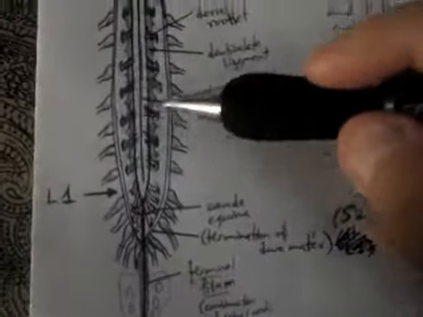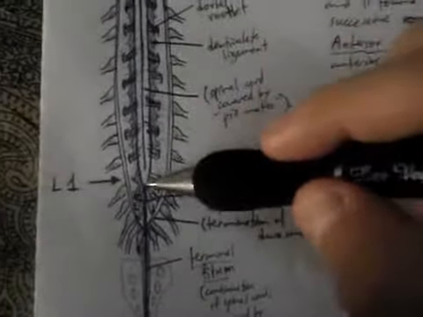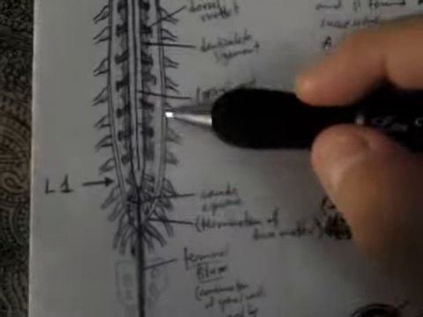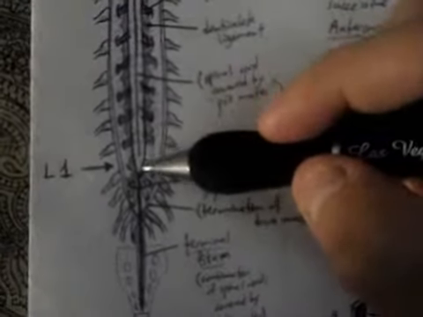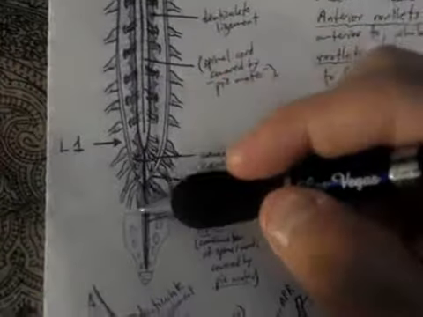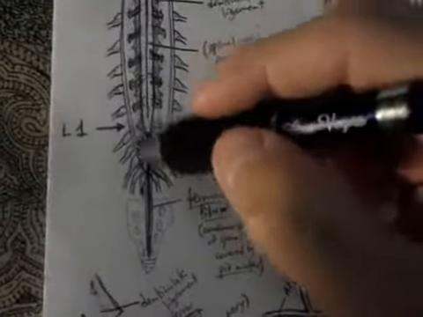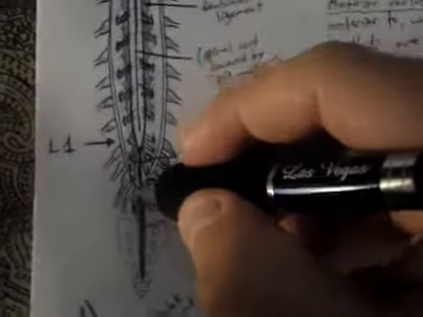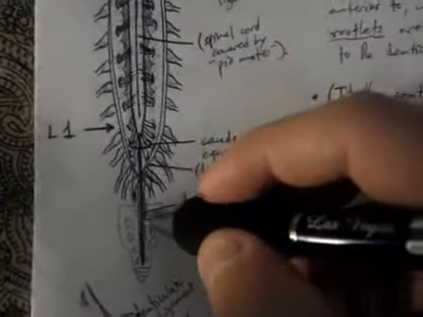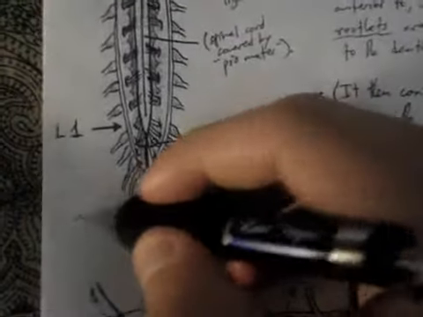You can see here that the spinal cord ends at L1. However, the dura mater, the spinal dura mater, continues downward. Okay, it does not end at L1. Only the spinal cord ends. The spinal dura mater continues. It actually doesn't end here either. This diagram is not showing it very accurately, but the spinal dura mater continues all the way down to